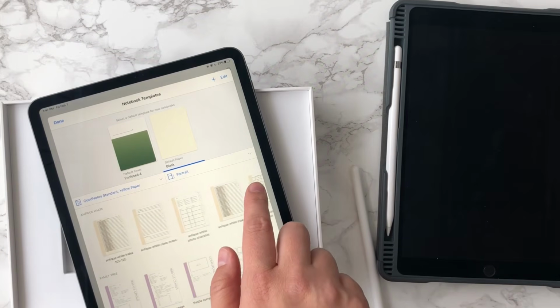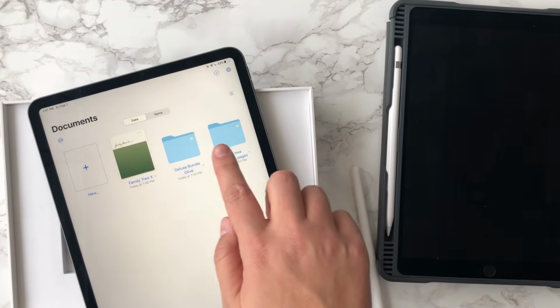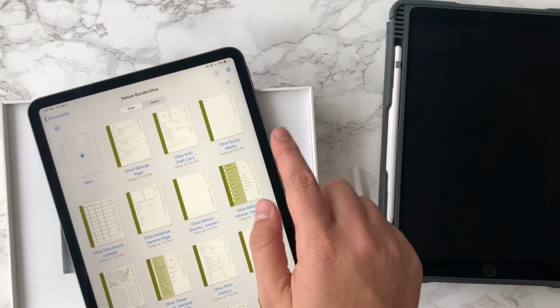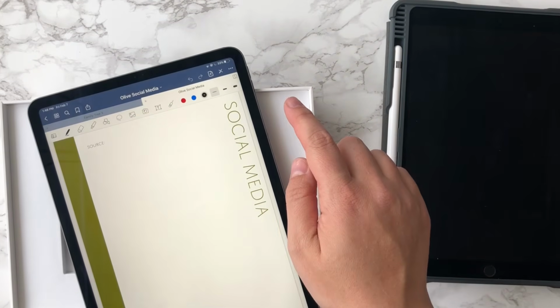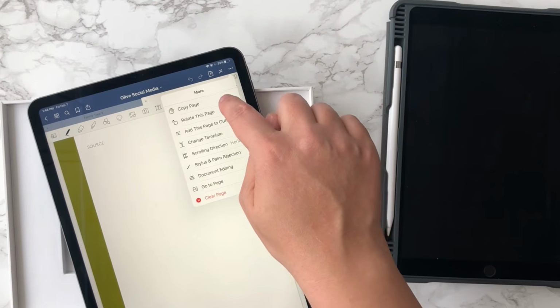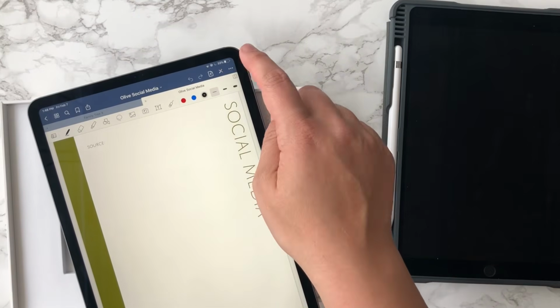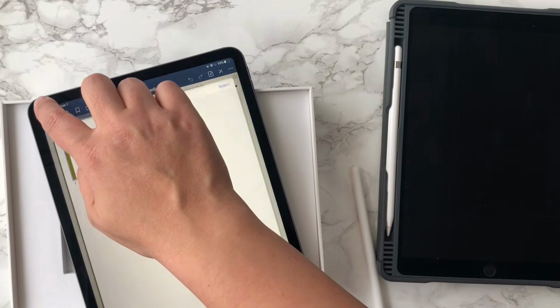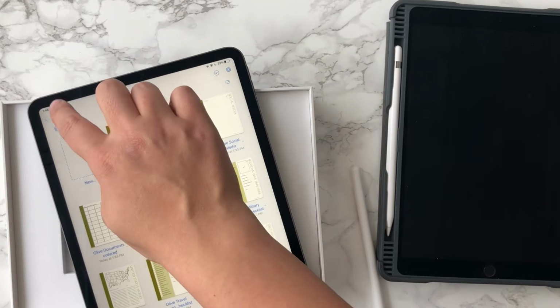Now, if I go to this folder where I downloaded all of the pages and they just opened when I asked it to just save to Goodnotes, I could open one of the pages and then I could copy this page and then I could paste it into another document, but that's a much more tedious way to do it. So if you really didn't want to use Dropbox for some reason, I guess that is an option, but it's